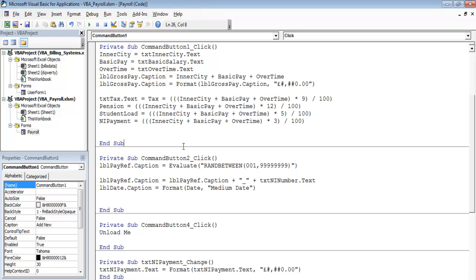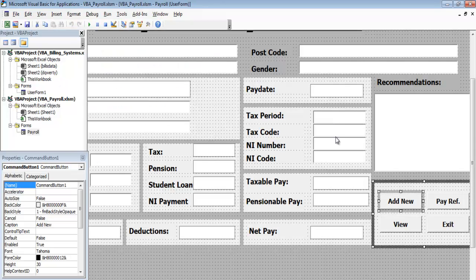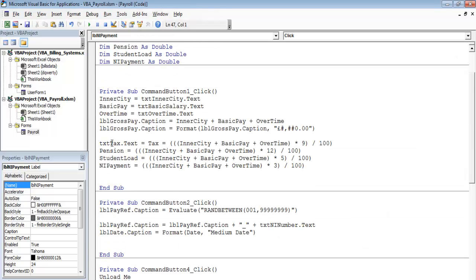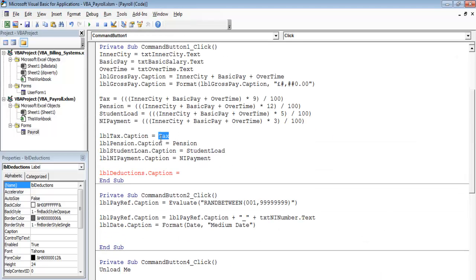Tax.text equals that. All of the payment go into tax. That must be right. Let's see. No, it's LBL tax. Pension LBL. Student loan is LBL. Alright. Okay, they're all LBL. So we'll go back in there and change that to LBL tax. Everything in here together. Let's add tax plus pension plus student loan, right, plus